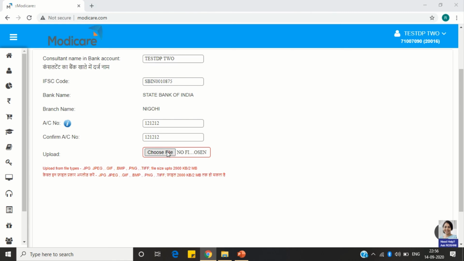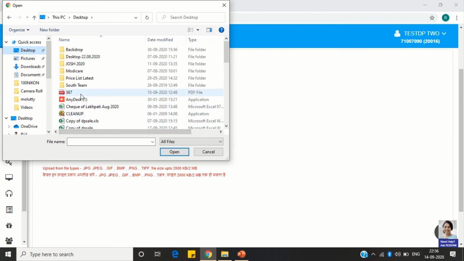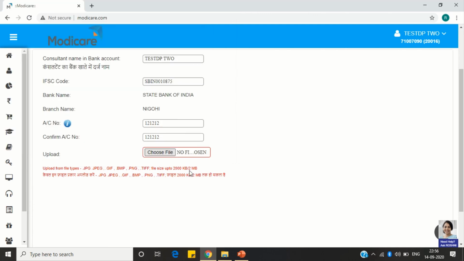So choose the file, select the file and upload it. So here it shows it is not in that format, and hence upload the right format here. So this is how you have to enter the NEFT details. Once this is verified, then your income will start coming to your bank account directly.